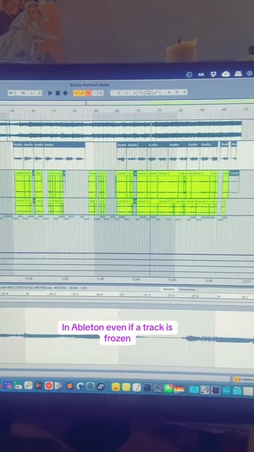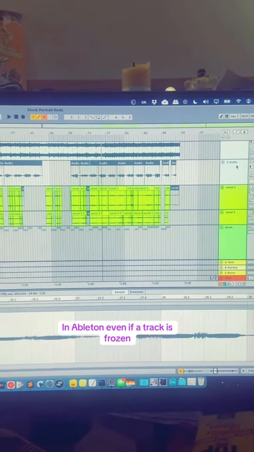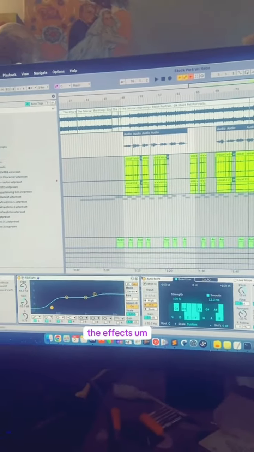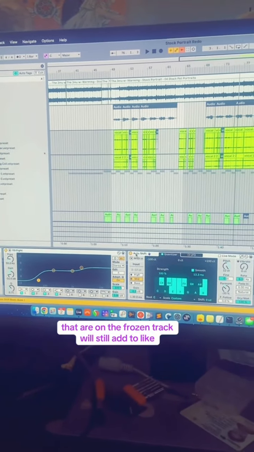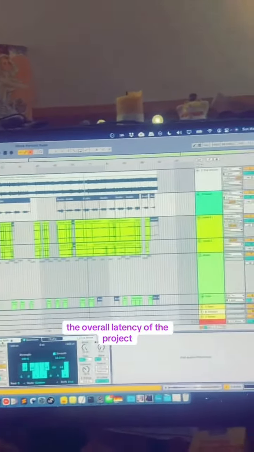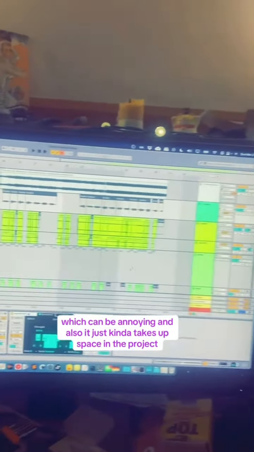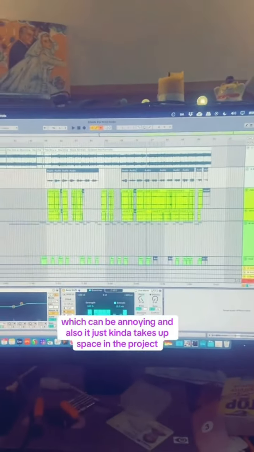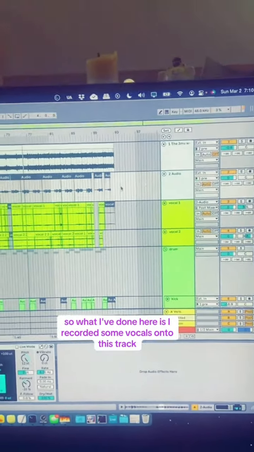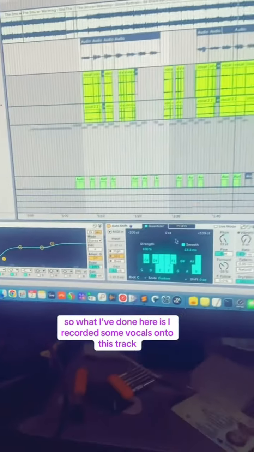In Ableton, even if a track is frozen, the effects that are on the frozen track will still add to the overall latency of the project, which can be annoying, and also it just takes up space in the project. So what I've done here is I recorded some vocals onto this track, and then I was